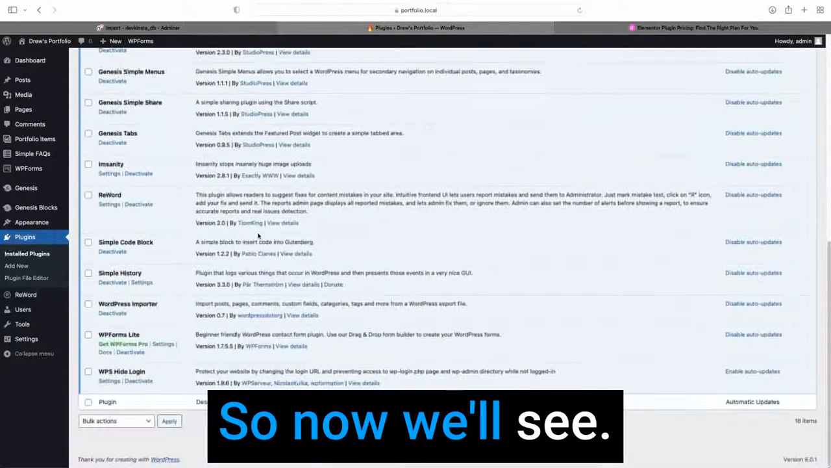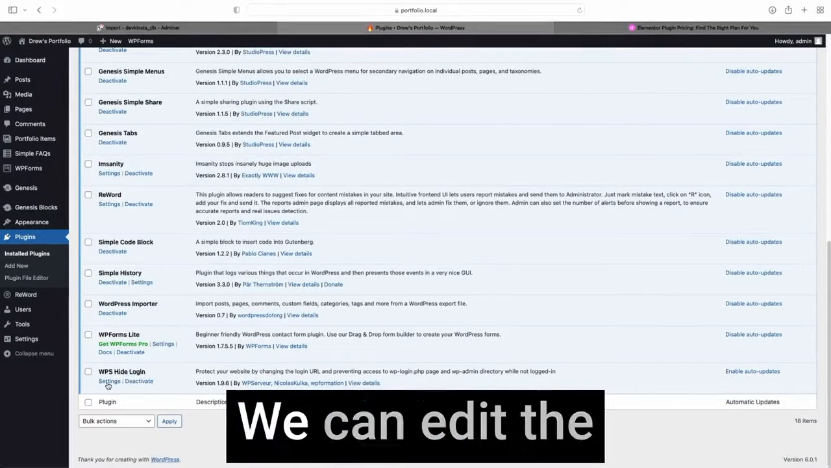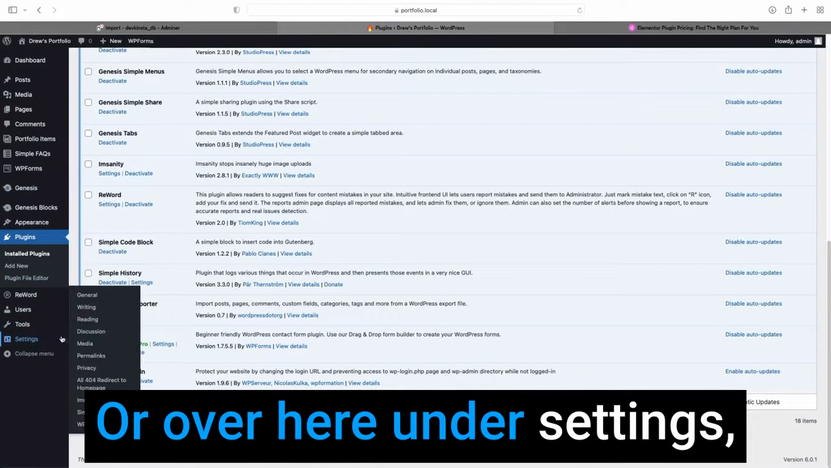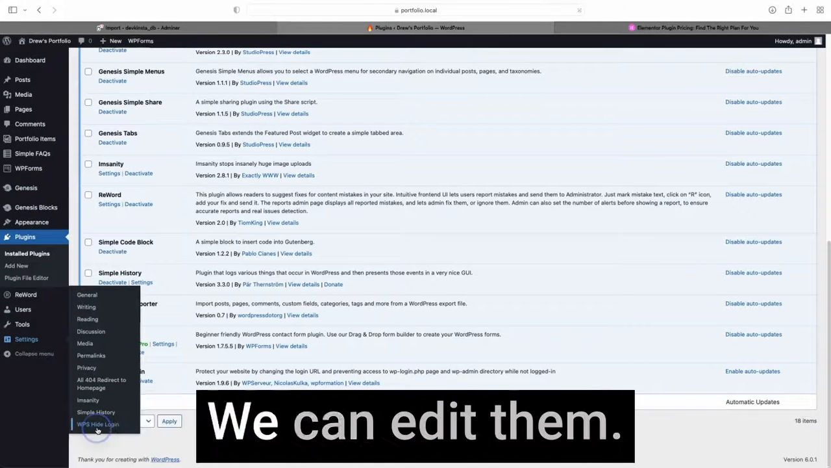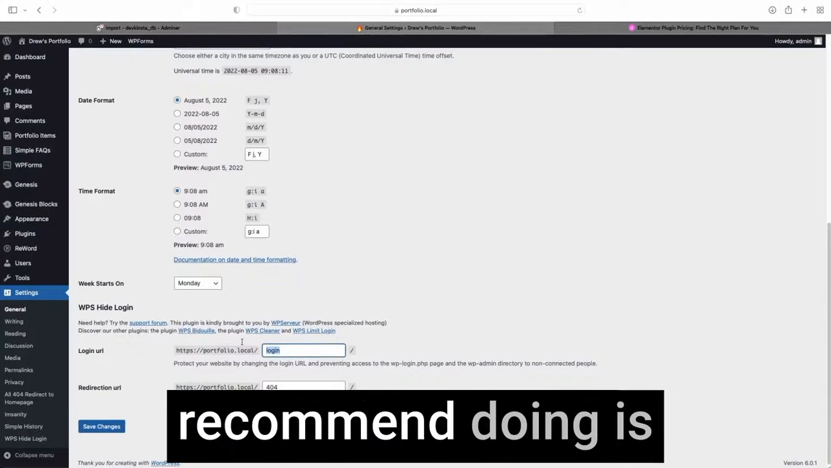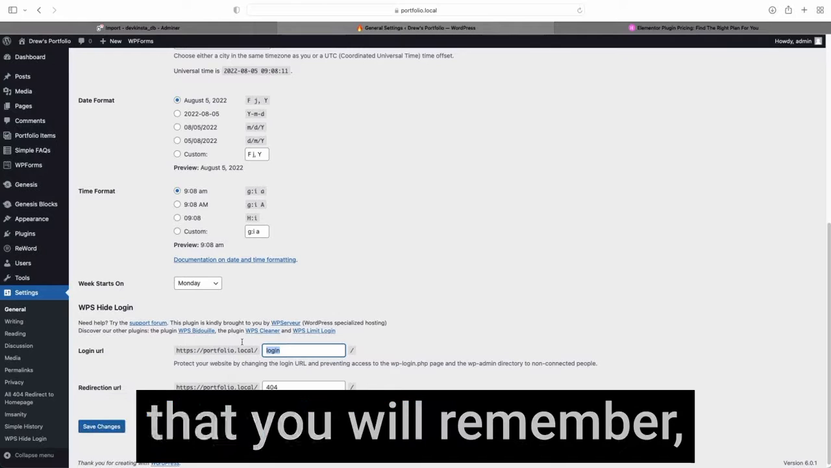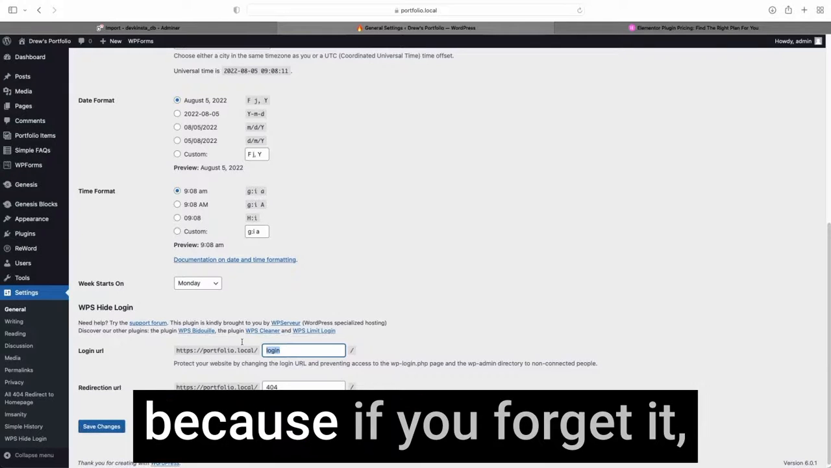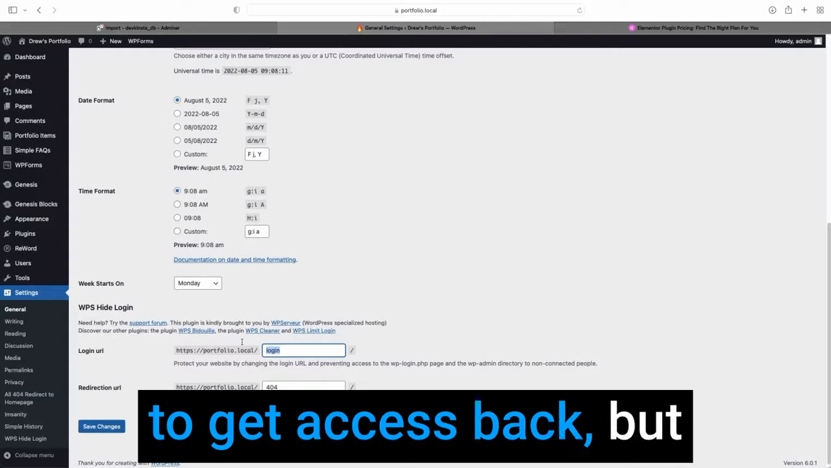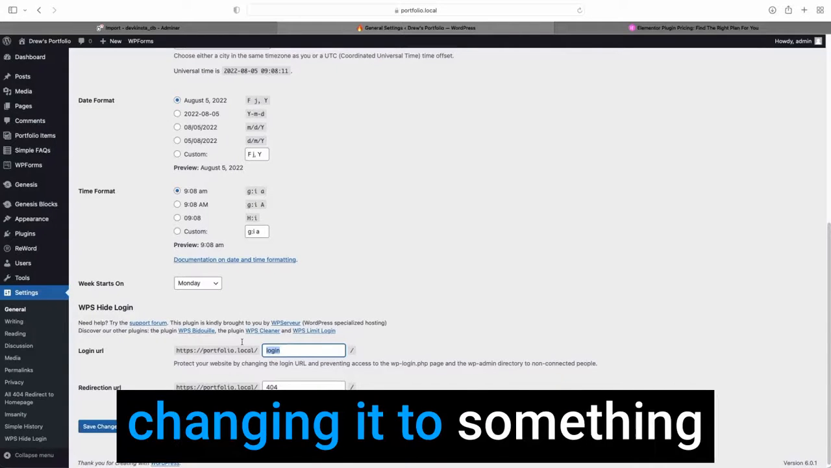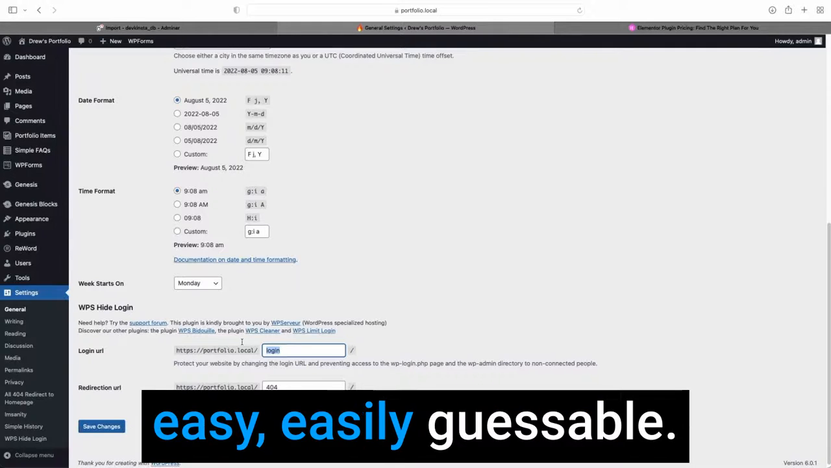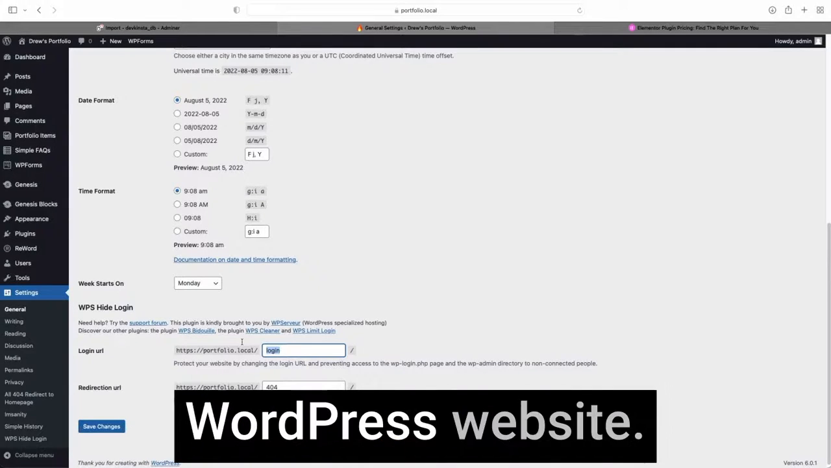So now we'll see WPS Hide Login. We can edit the settings here, or over here under Settings, there's WPS Hide Login. We can edit them right here. What I would recommend doing is making this URL something that you will remember, because if you forget it, it can be challenging to get access back. But I would recommend changing it to something that isn't so obviously or easily guessable. It also doesn't identify your site as a WordPress website,